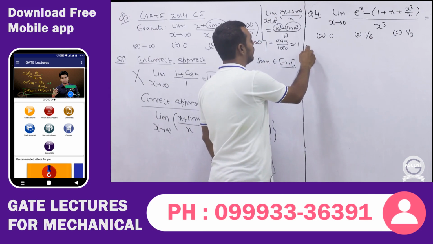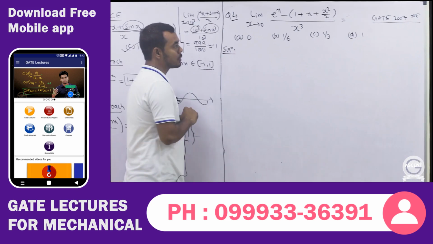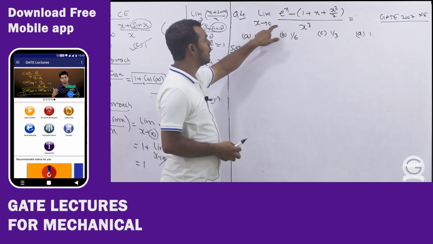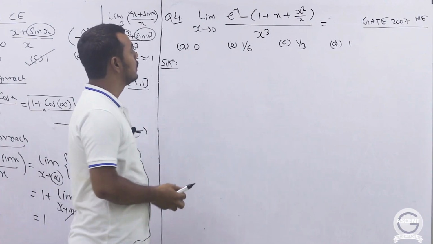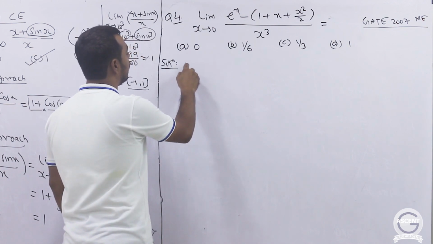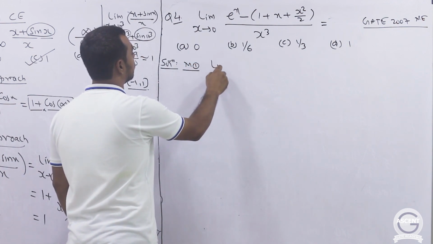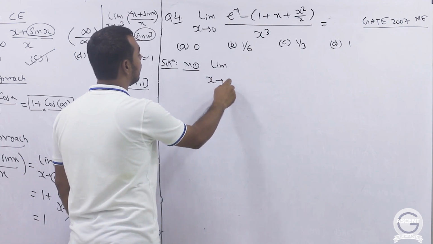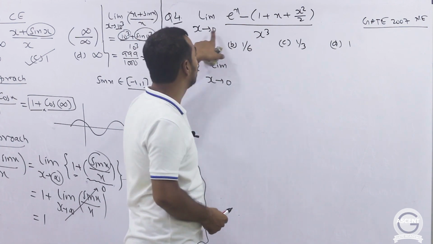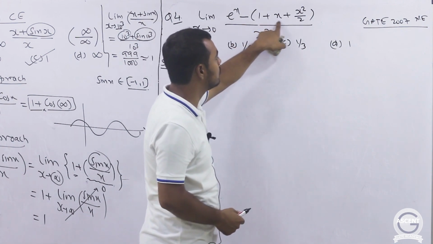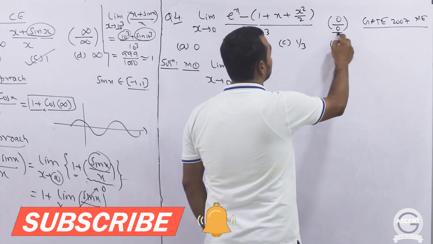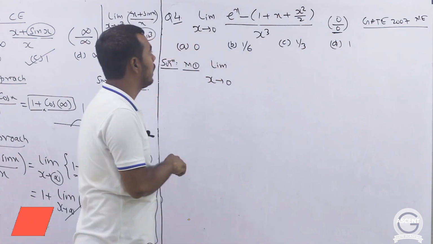Next we have the second problem. This was from GATE 2017 in mechanical. The question is fairly simple. We have to evaluate the value of this limit. So there are again two ways of solving this problem. One approach is to apply L'Hopital's rule, because we are getting a 0 by 0 indeterminate form. How are we getting 0 by 0? The denominator is 0, and in the numerator e to the power 0 is 1, 1 minus 1 is 0, so both are 0. So we get a 0 by 0 indeterminate form, which means L'Hopital's rule can be applied here.